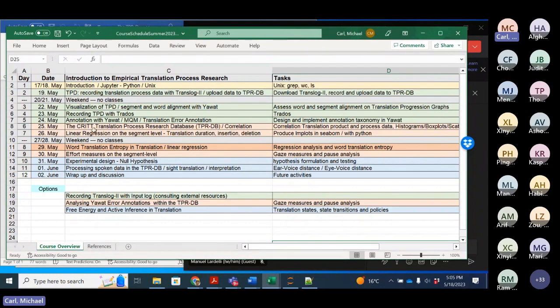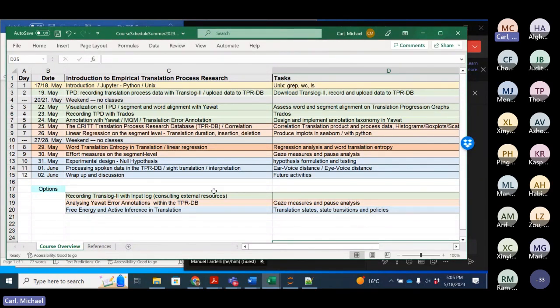Also, all this stuff here, Translog and Trados, records only written data. So this is how translators use a keyboard to produce translations, or how they post-edit machine translation, and so on.